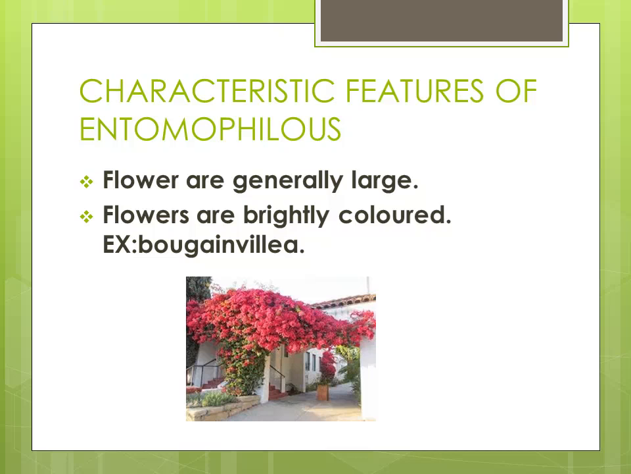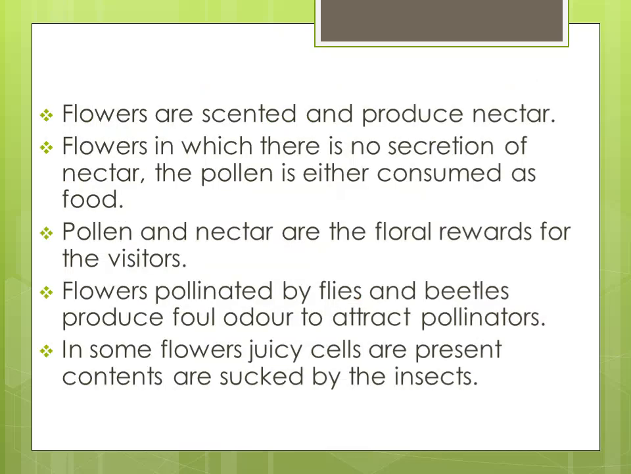Here the bougainvillea flower is given as an example for brightly colored. Then mostly the entomophilous flowers are scented. They can produce nectar. Scented means they can produce smell, a sweet smell. So the scented flowers attract insects. They have to produce nectar. Nectar means honey. Then, where there is no secretion of nectar,